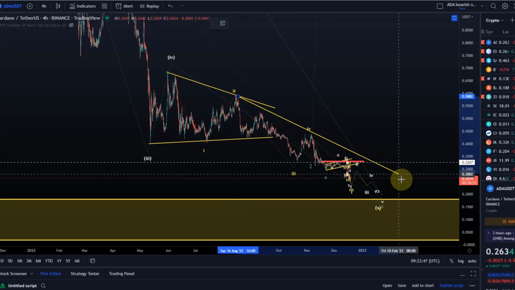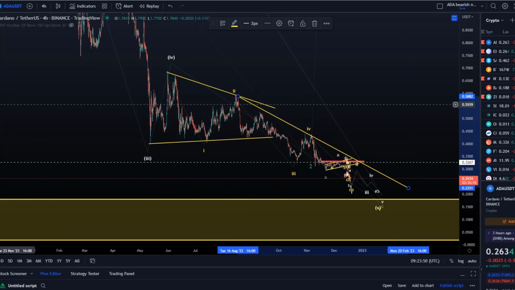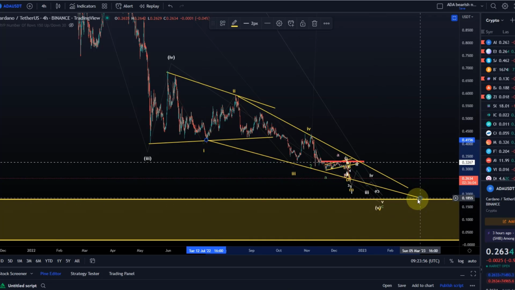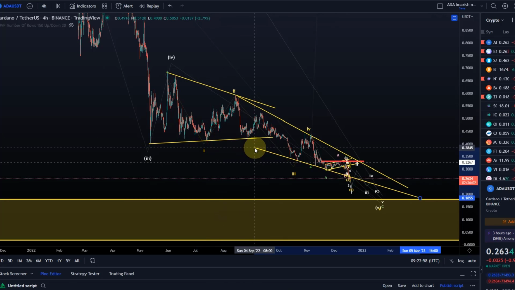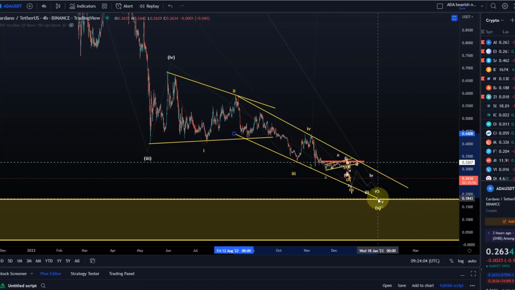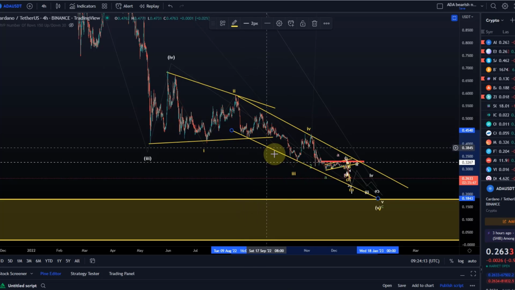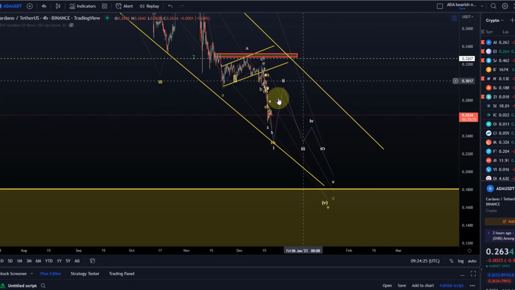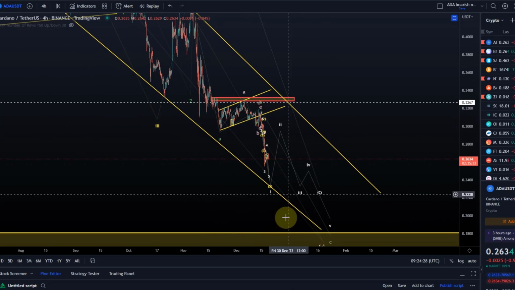What I'm curious about is to see if we can create a new sort of wedge pattern here, or diagonal pattern to a certain degree. Maybe not quite. It gives us just an idea of where additional support could be if we come down. I'm not really happy with that, but we have 4 touch points here on this trend line, and we've got 1, 2, 3, nearly 4 touch points up there, so it should be valid. But the point is, I still don't think the move to the downside is over yet.